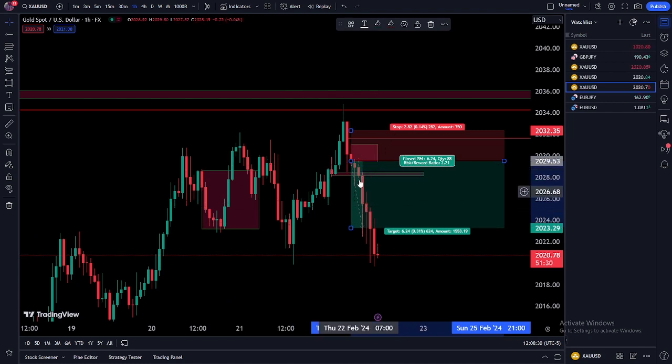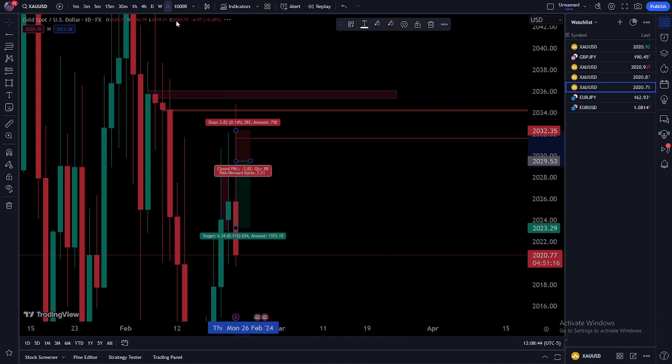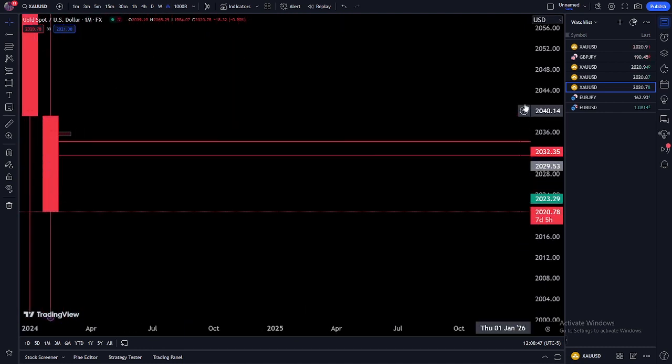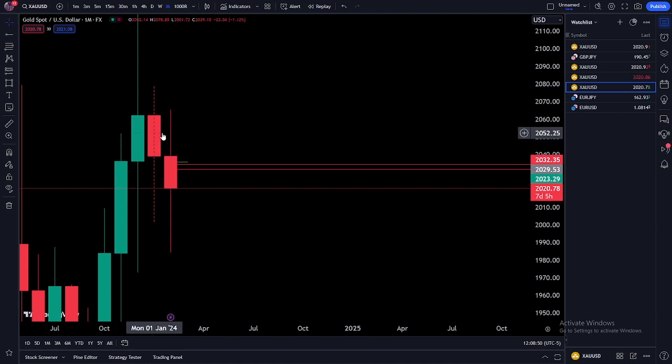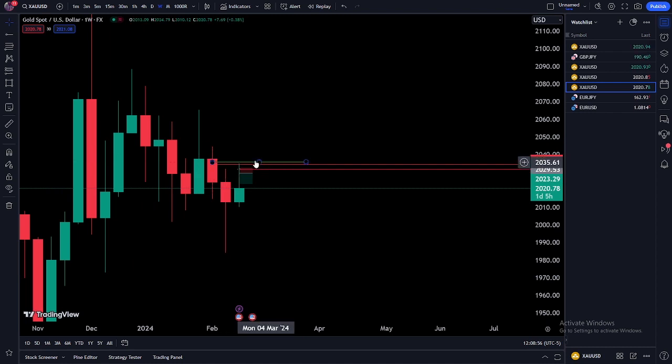I did not open any multiples here because I went to the 5-minute time frame and saw an engulfing on the 5-minute level, but it was not matching with what I follow. So go to the storyline. Let's go to the monthly level. On the monthly we have a bullish level, and if you go to the weekly level, we have an SNR level. Here the market is in a sell position. In the weekly we have a sell point. So whatever we have on the lower time frame, we are trying for a selling position,